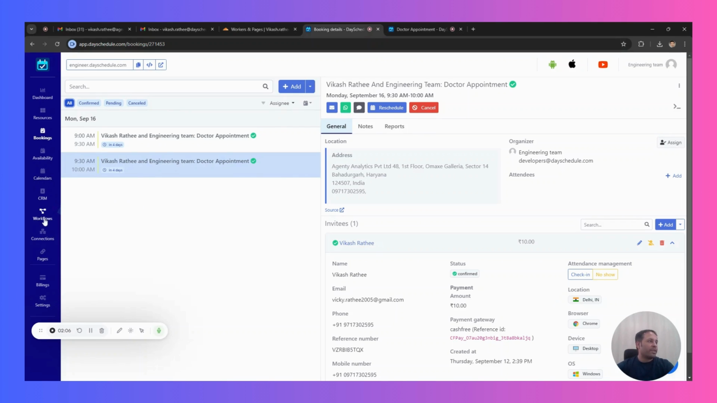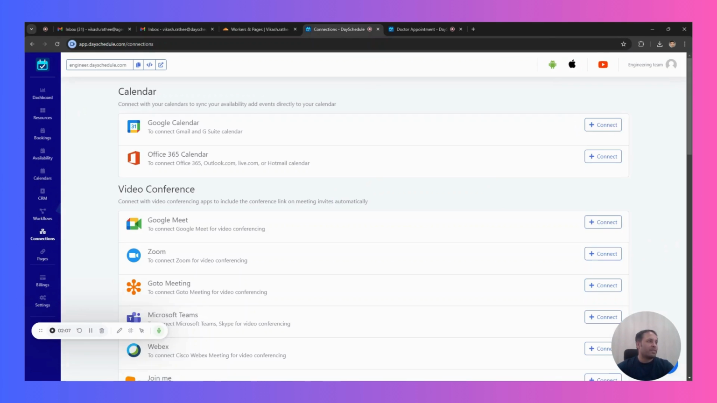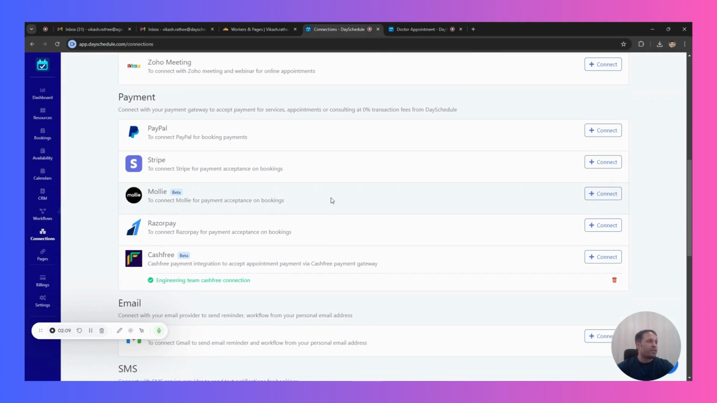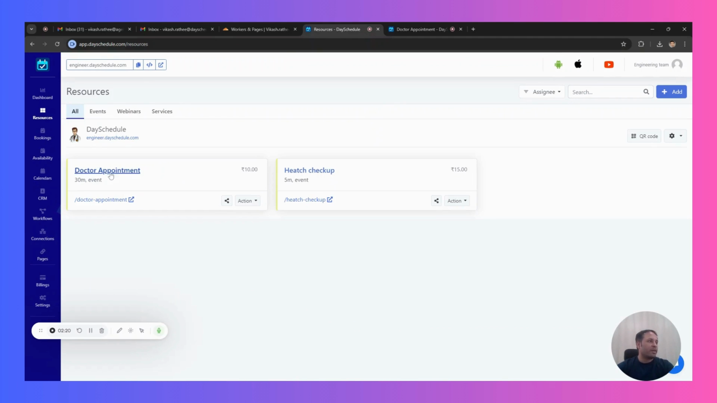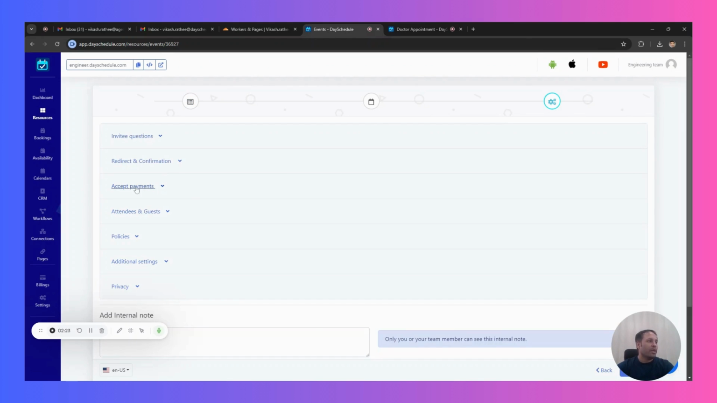In order to connect with Cashfree, you just need to go to connections and here scroll down to payments option and click on the connect button here on the Cashfree row. So once you connected, you can select the payment options and define the prices of your appointment here in the